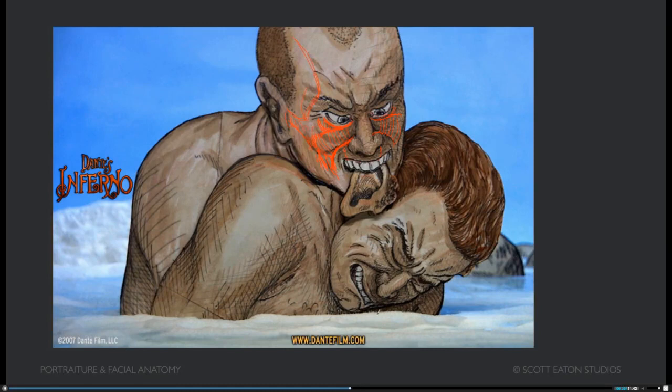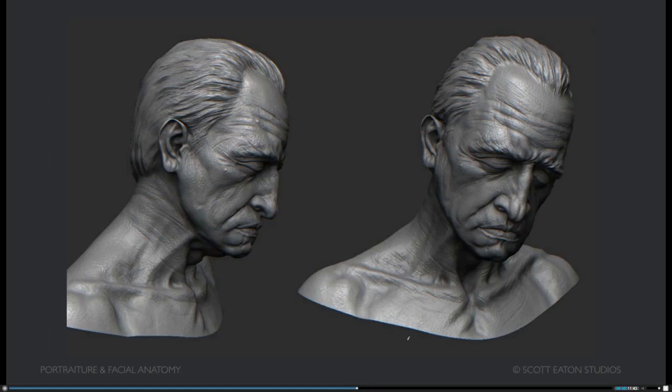Okay, a little bit closer on this one. You can kind of see that happening. Okay, let's see, a couple more pieces. This one is a reasonable sculpt. It just really kind of defies a little bit of the structure that we know, both as relates to the skull and as relates to fat. Okay, so as relates to the skull,